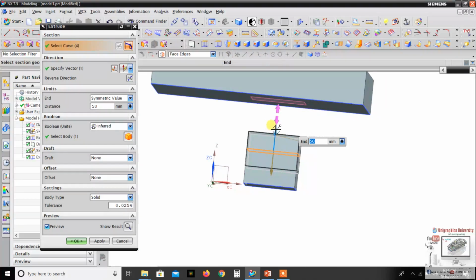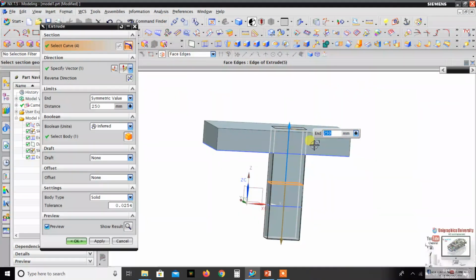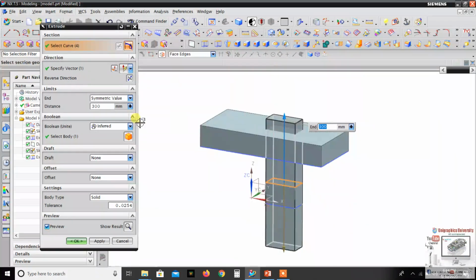If I choose 50 mm, the top and bottom extrude will each be created 50 mm. If I choose 250, it similarly extrudes. If I choose 300, it similarly extrudes in both directions. So it is a symmetric value.